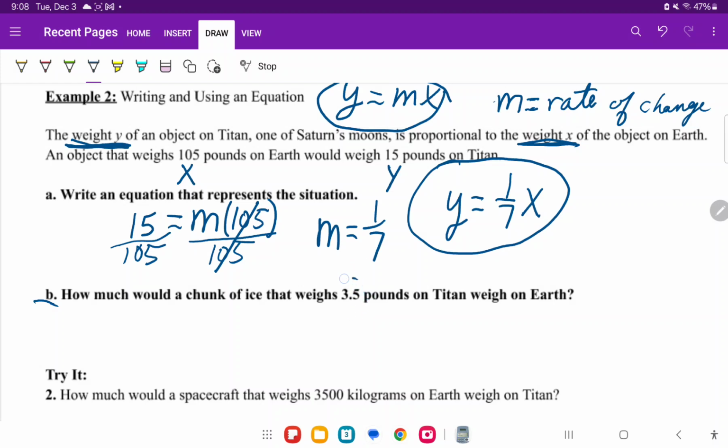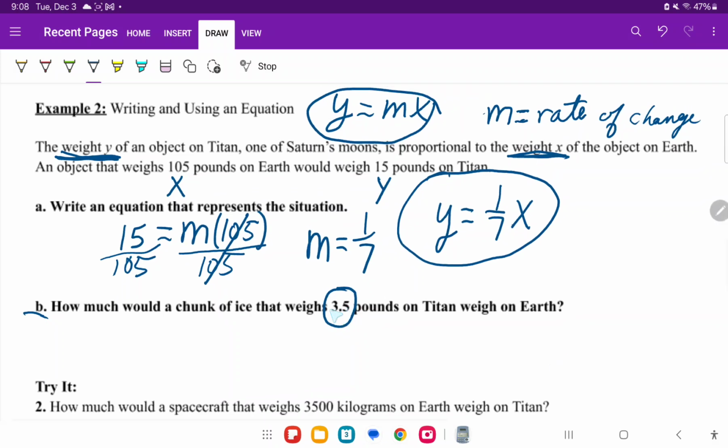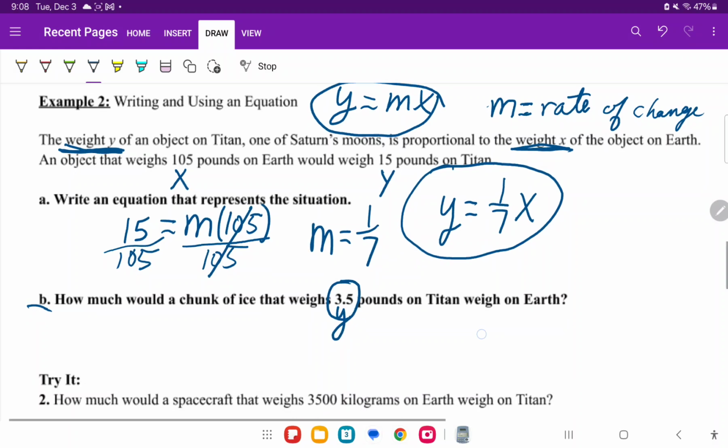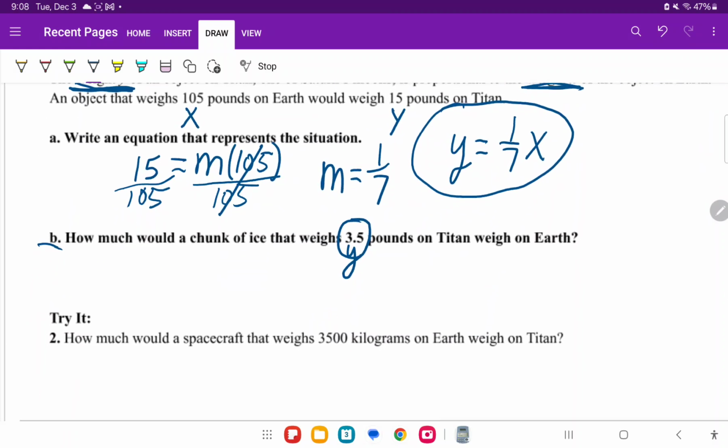Correct. So where would this go in my equation? Would it go in for the Y or for the X? This is on Titan, so it goes in for the Y, right? So this goes in for the Y right there. So we're going to say 3.5 is equal to